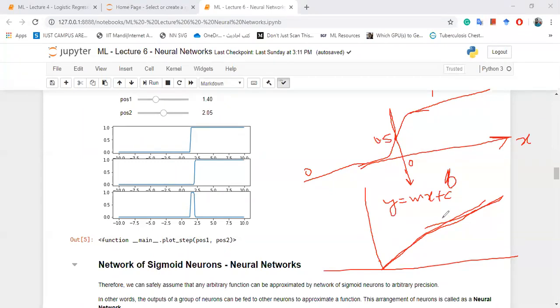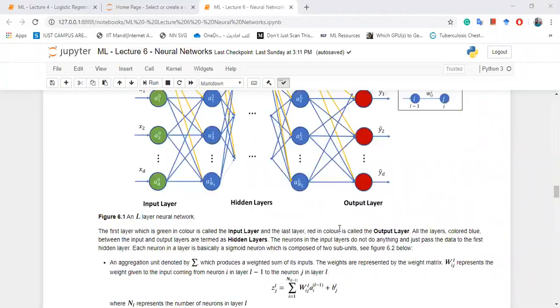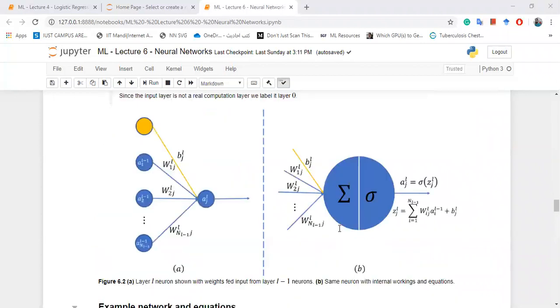Does this make any sense? By the way, I have written about this in the notes. You can also consult them. If you still have any problem, you can always contact me personally. Okay, fine. So if the notation is fine and everything is clear, then we can move forward.